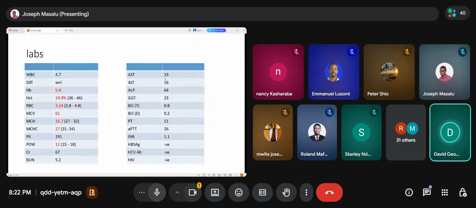And therefore, for this patient, what I'll do basically, I need a peripheral smear. I also need to see if the bone marrow is reacting to this level of anemia. If it's appropriate, I need a reticulocyte count, but I also need iron studies. So Joseph, let's proceed with other labs or anything else that you have.